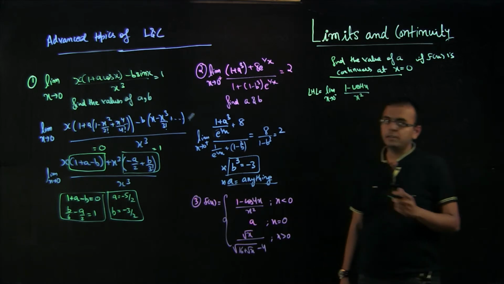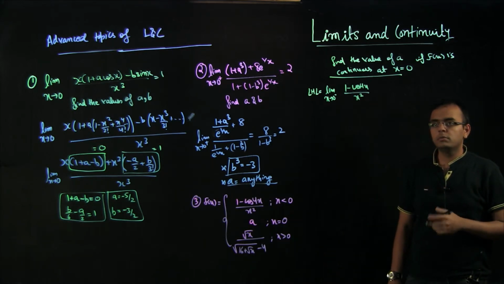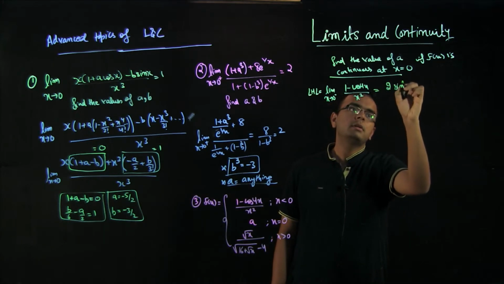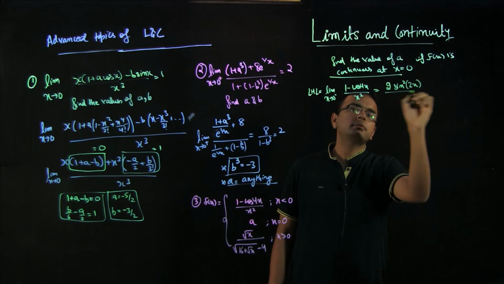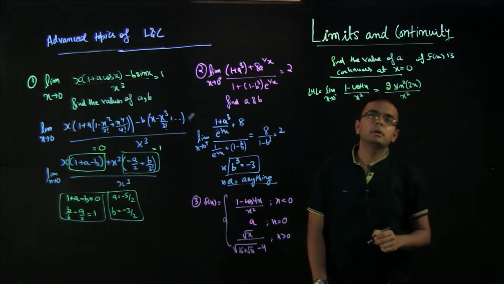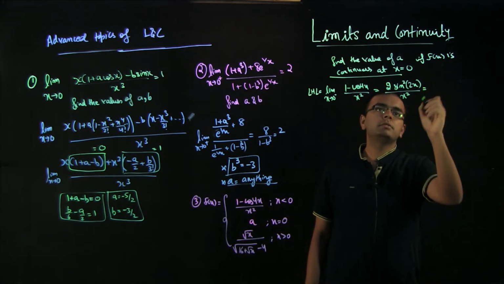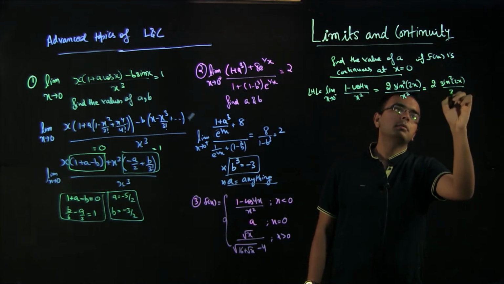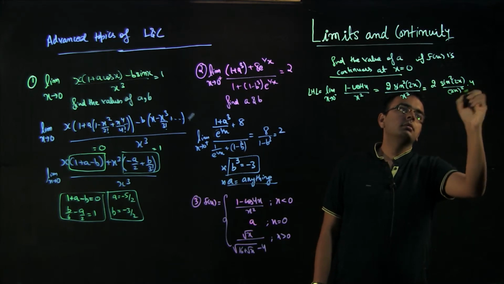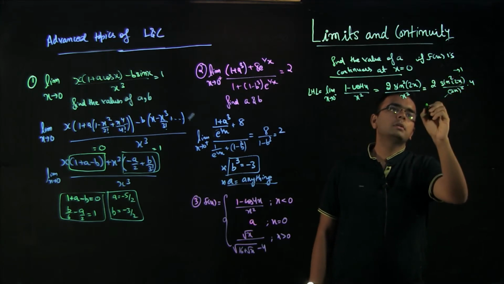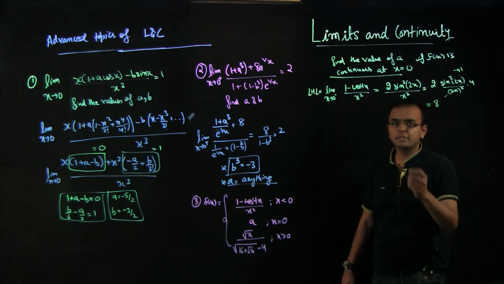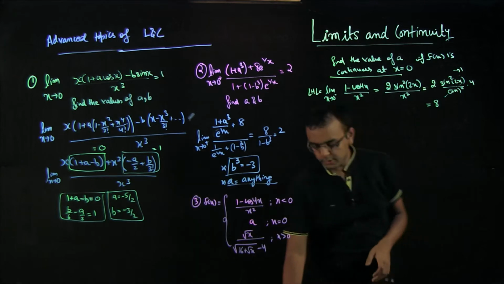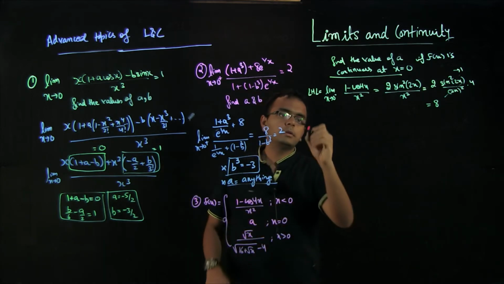One is to series expand, that is completely fine, or you can directly write this as 2 sin square 2x by x square, and this will become approaching 1, so the answer is actually 8, or you can series expand also and you will get the same answer. So the left hand limit is 8 and the right hand limit